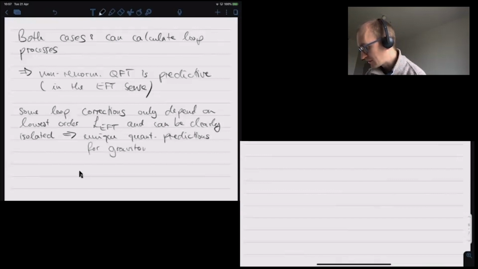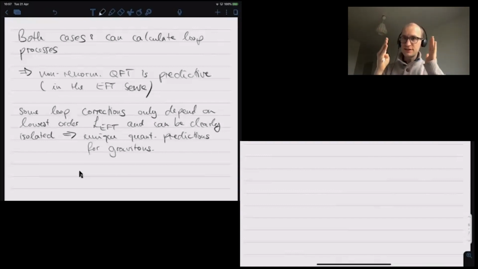So we will arrange basically all of what we've learned so far as the lowest order of an EFT. Then we will systematically classify what can happen at higher orders. And then I will show you how to find specific quantum processes which, even at the loop level, only depend on those things which we have already uniquely fixed by our symmetry principles. So first of all, we're going to develop this machinery of EFT at the loop level. And then we're going to use those symmetry principles to great effect and calculate quantum corrections to gravitational processes, which are unique predictions of all these symmetry principles that we have